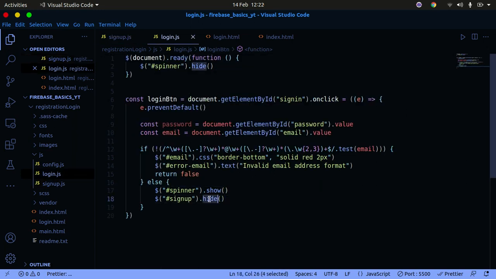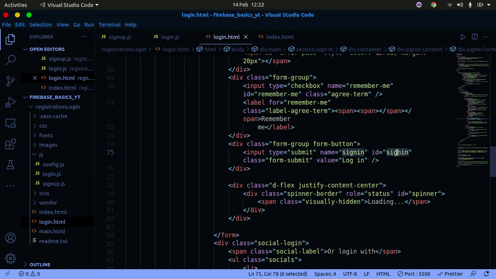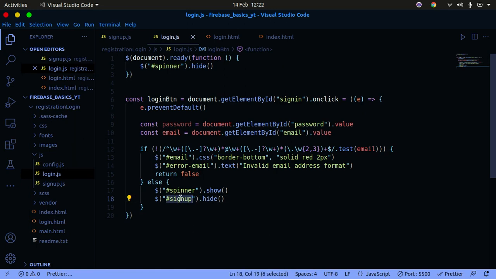And then this is to be .hide, this is to be sign in. So if you go in here, you can find that ID, copy that ID and simply paste it in here. So I want to hide first the button, and then just show the spinner, because by default we hit the spinner when the document loads. So now that we have that, what I want to do